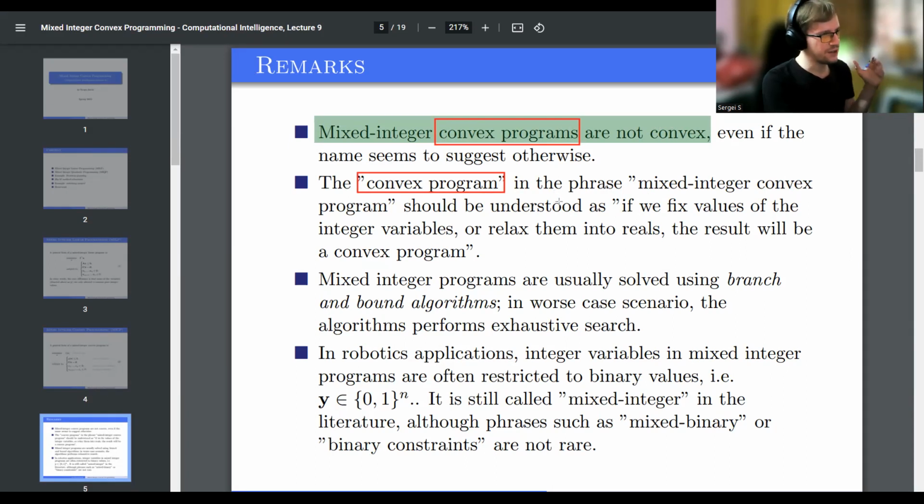Another, if you relax them, if you allow those mixed integer variables to become continuous variables, it will also become convex. So the problem has to be convex in both situations, whether the variables become constants or if they are relaxed to become